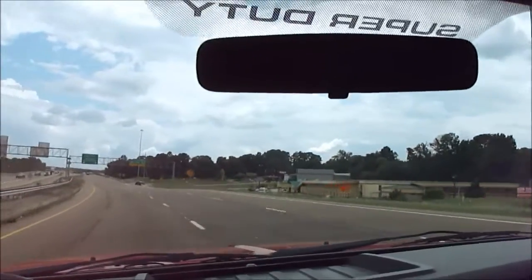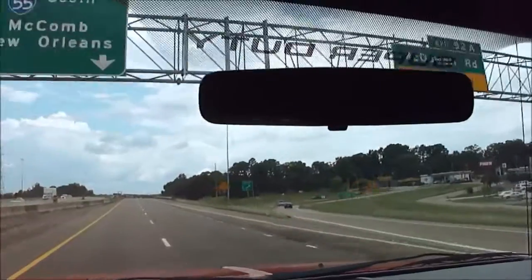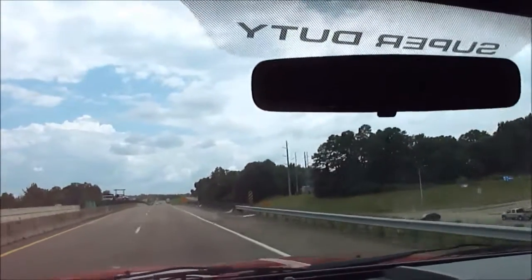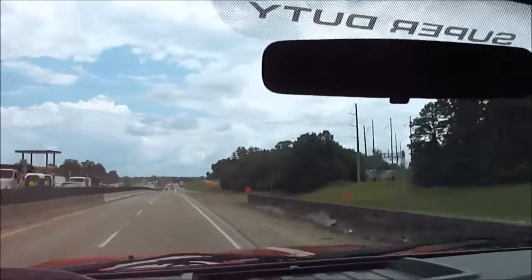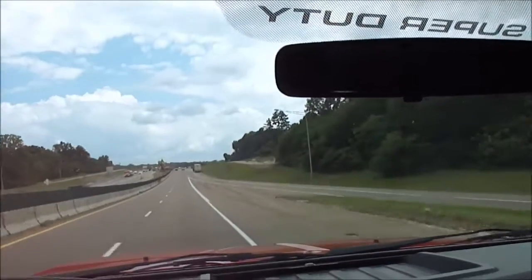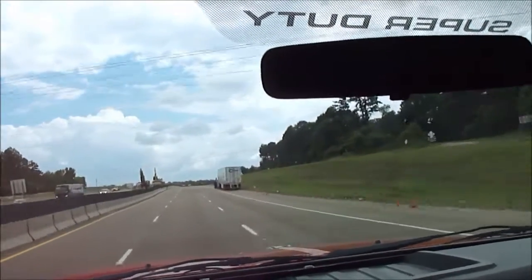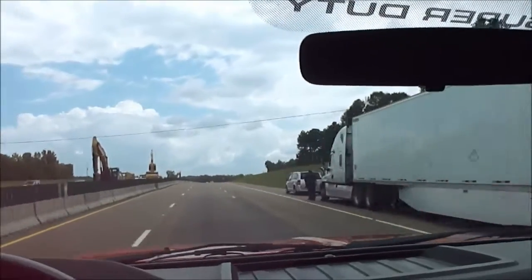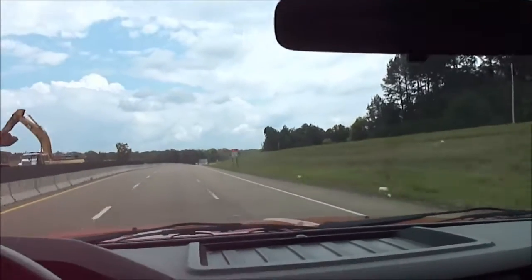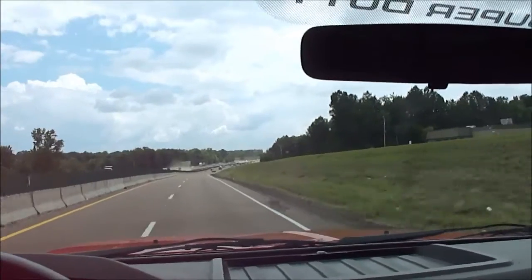Now what that delete does is it gets rid of the DPF, the diesel particulate filter, or some people call it the soot filter, which on newer trucks it's not that big a deal. The newer trucks use that regen fluid, they call it, and you don't have to worry about hurting your economy more than a mile or two per gallon. But on these 6.4s, the way they clean the soot filter is to dump extra fuel into the back two cylinders and burn it out. And what that does